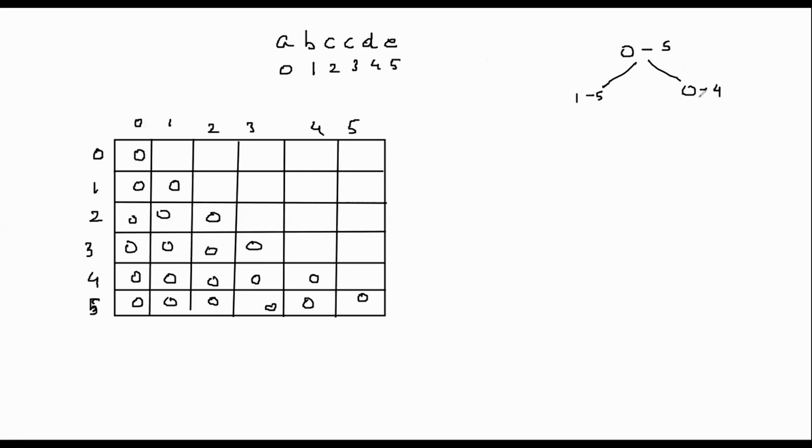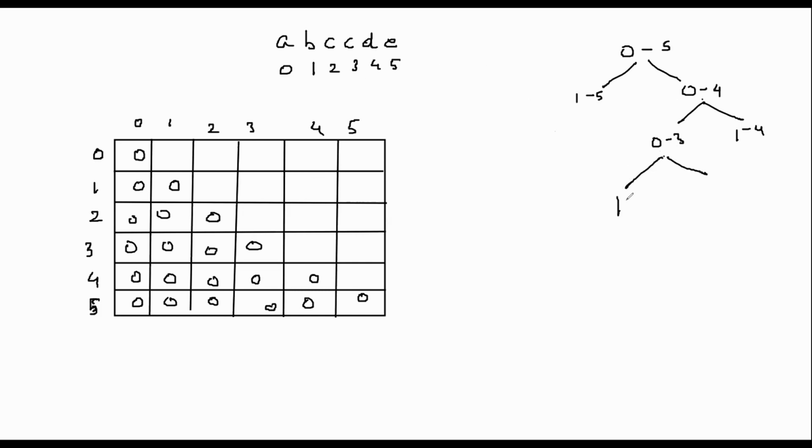So let's move ahead with this branch. 0th and 4th index, again, they are not equal. So two possibilities. If I add A at this place or D at this place, the string would be 0 to 3 or 1 to 4. We do not have answers for these either, so again we need to move further ahead. And actually at every step we are making one insertion, right? So here again 0th and 3rd index are not matching.